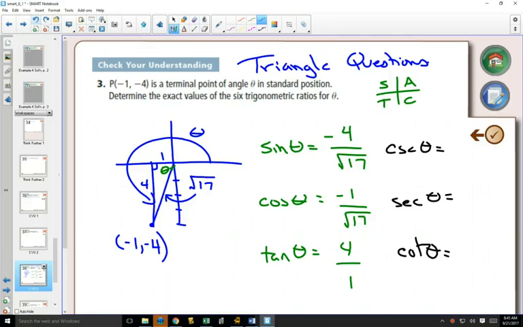When we go to the reciprocals, if you know sine theta and you know that cosecant is the reciprocal of sine, to write the answer for cosecant theta, all you have to do is flip that fraction. Or you could remember the